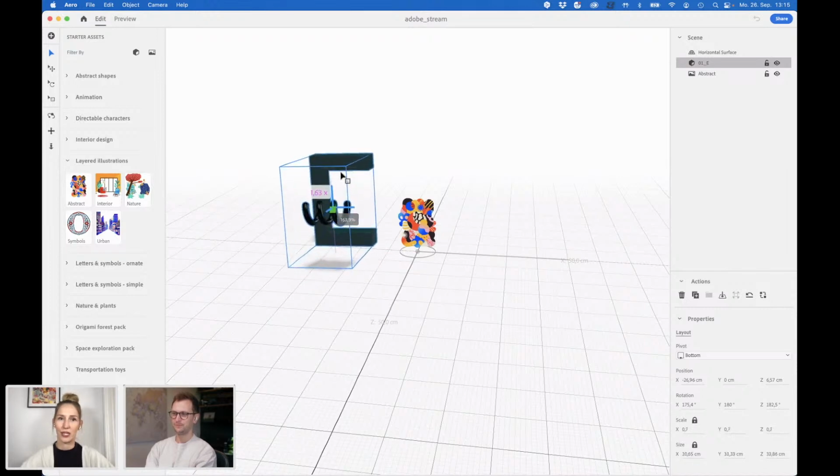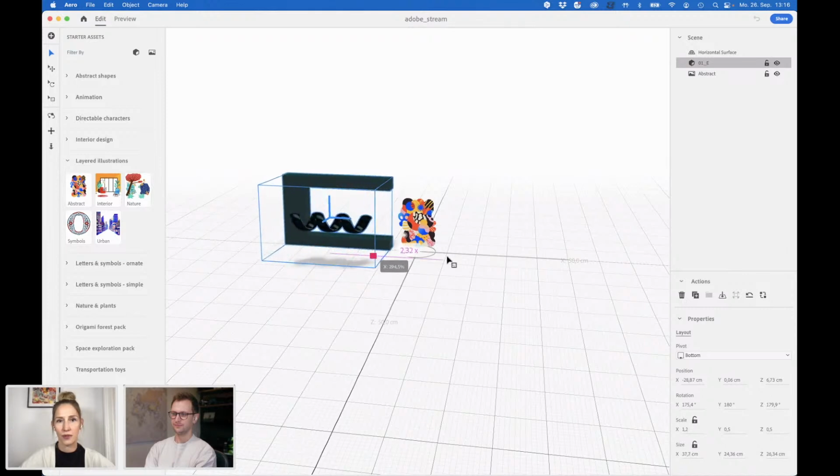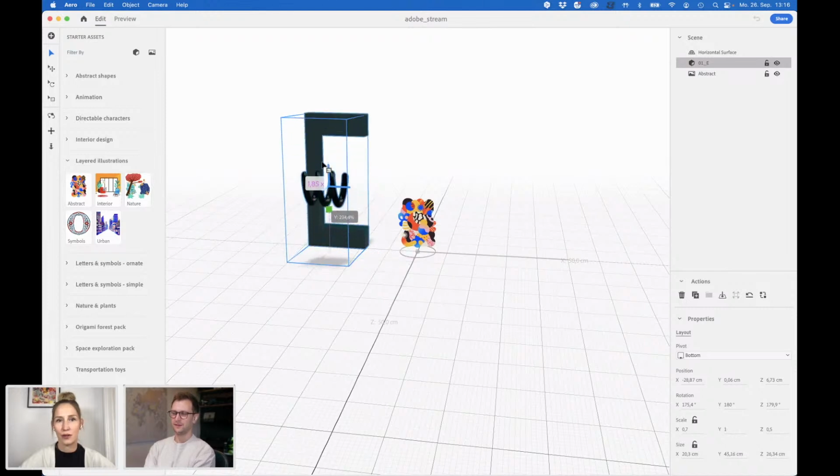And if we want to change the size, we just have to take the small squares. As you can see, it offers a lot to explore and to play around with. So if you want to change the scale, of course, you can lock and unlock the elements, if you want to change the size in this direction or in the other one.